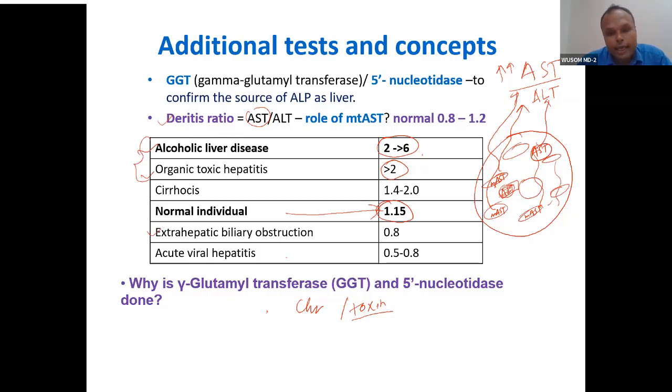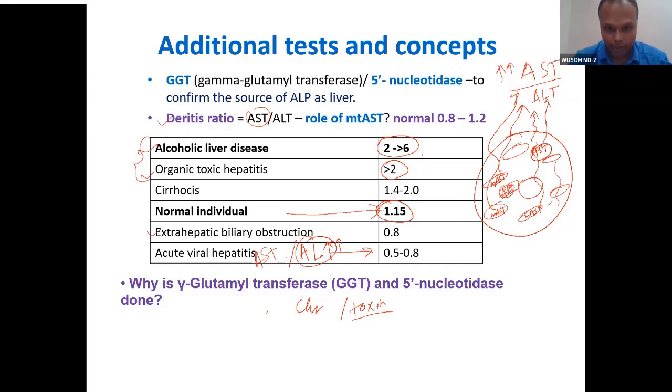In acute conditions, ALT will be still higher. In an acute condition, there is release of enzyme from the cells, so ALT will be higher than AST, very high in comparison to AST. Remember this: in chronic conditions, AST will be higher. If you compare these two, it will be very easy to segregate the enzymes.